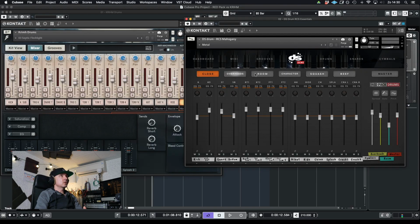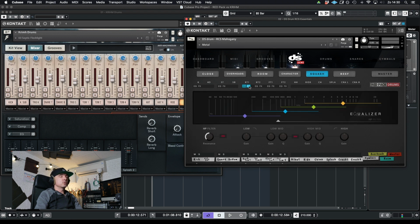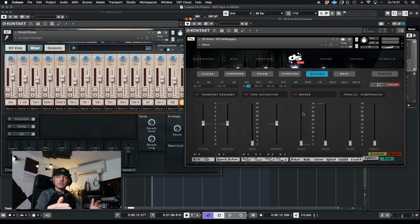Next to that, because of the way we laid it out, you can process every channel on every microphone. So you have an EQ and an FX on close mics, on the overheads, on the character mics, on the squash mics, on all of the microphones you have an EQ and different processing. So that gives you a ton of capabilities, a ton of flexibility to make really crazy drum sounds. So if you click through some different presets we made in the full version, yeah, you can hear really crazy drum sounds that you cannot make with almost any other library,